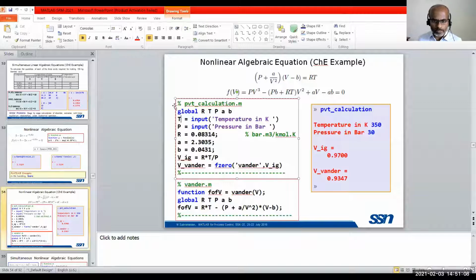Let us try to copy this and run this. Before that, let us have this function, because that PVT underscore calculation is also asking for wander.m. Let us copy this wander.m first. We don't have that file now. Let me go to the new function. You clear that, and so this function is available.